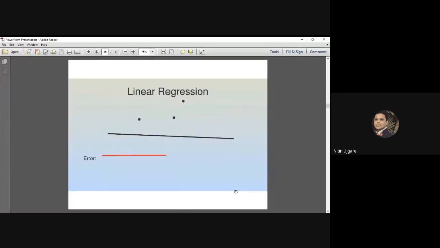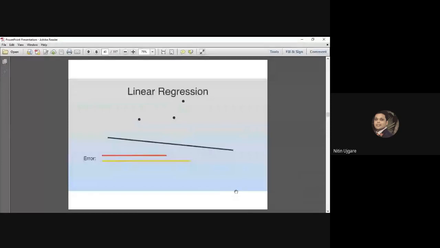Now, because we do not have any thumb rule, any principle to get the best fit line, we'll just move the line in the downward direction to check whether the line fits the points better. So we move the line downwards, and again we repeat the same process for each point, and then we add them up to find the average error. And now we have seen that.